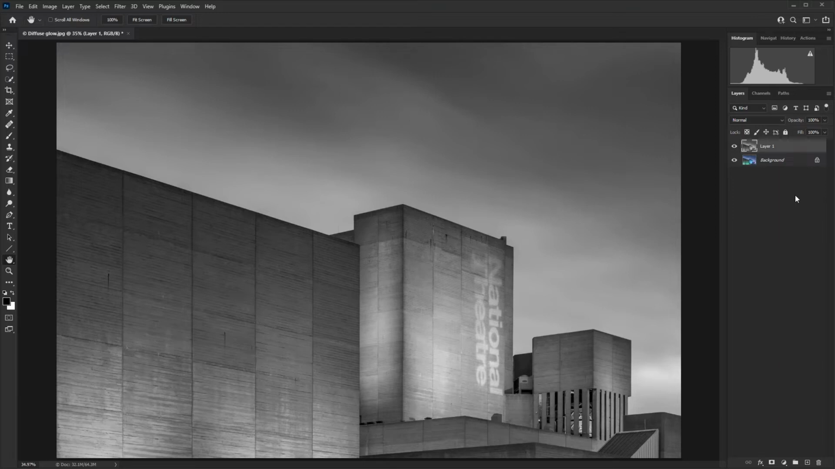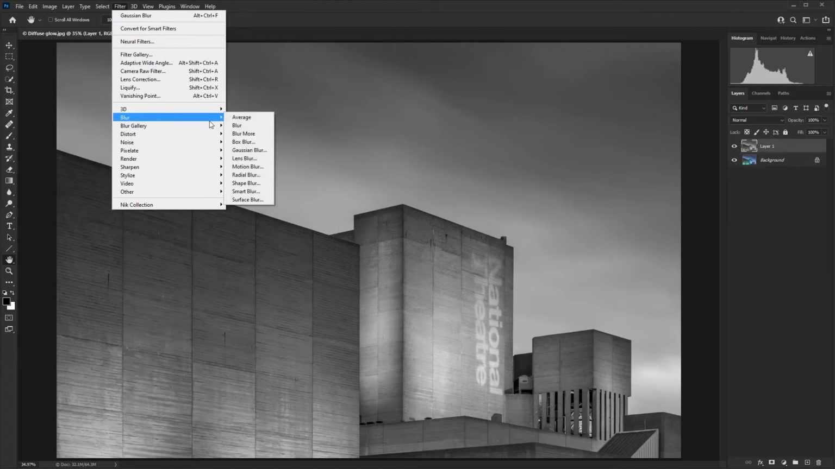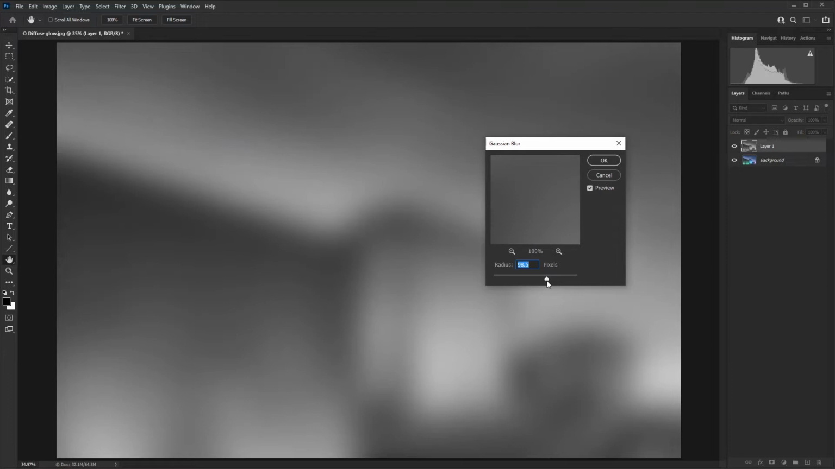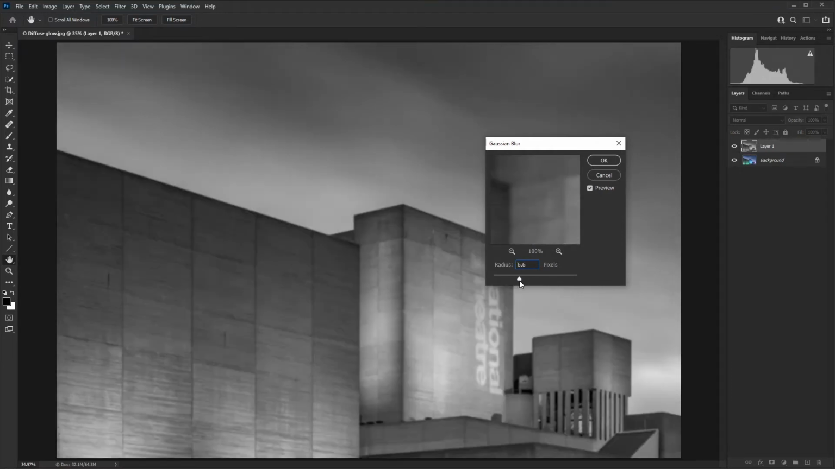Next up, we need to add that blur so we get that glow effect. So we just need to go up to Filter, Blur, Gaussian Blur, and then we can have a play around with the amounts. The amount that you actually need to input completely depends on the resolution of the camera. So the lower the resolution, the lower the radius, or the higher the resolution, you're going to need a much